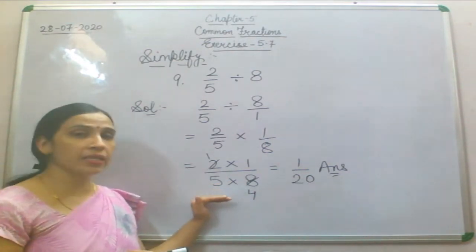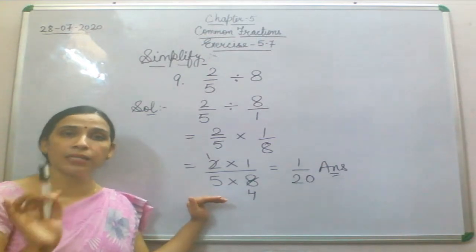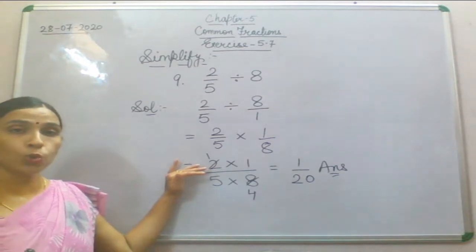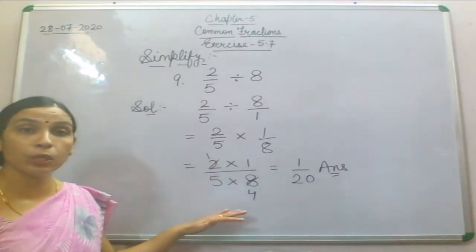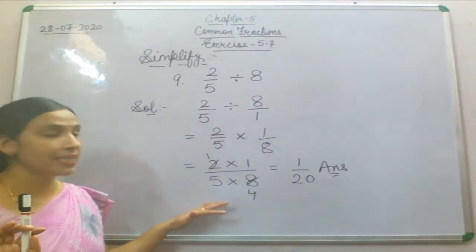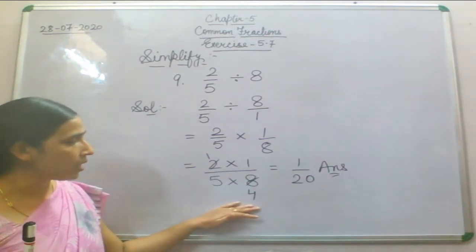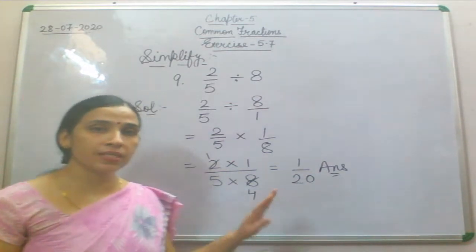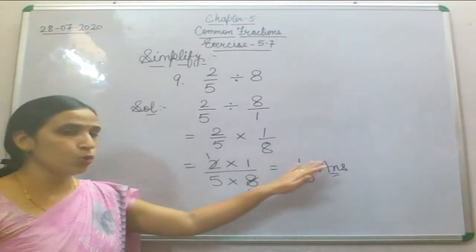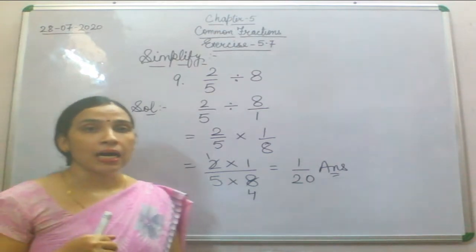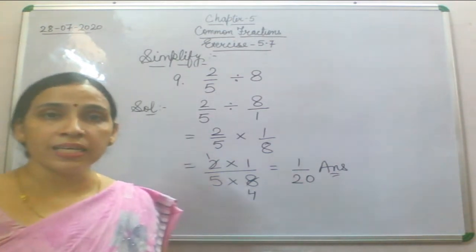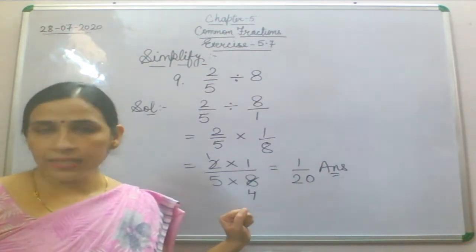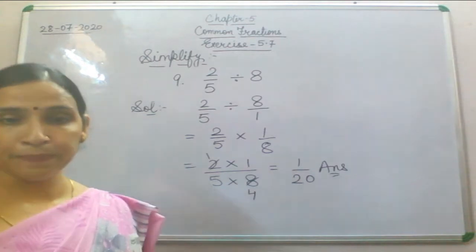Now the next step is numerator will multiply by the numerator and denominator will multiply by the denominator. Doing the multiplication, then we find any common factor among numerator and denominator. Here we have a common factor 2 in 2 and 8, which are numerator and denominator. So we cancel it there. 2 ones are 1 and 2 fours are 8. Now numerator will multiply by the numerator. 1 ones are 1 and 5 fours are 20. So you are getting 1 by 20 as an answer. Fine. So with this we have completed simplified question number 9. So let's start question number 10.